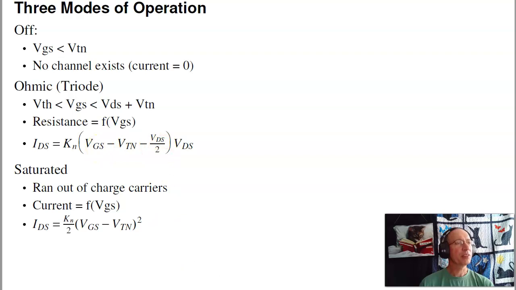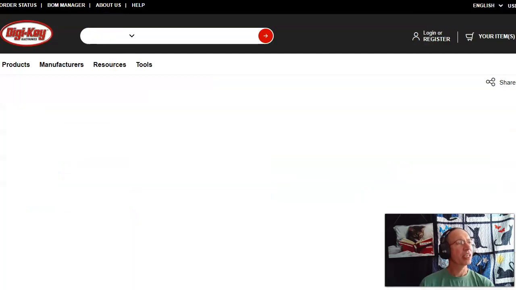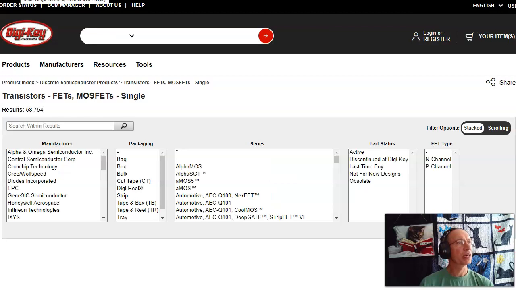Now, MOSFETs are rather important. They're what allow things like quadcopters and electric cars to work. If you go to DigiKey and search for MOSFETs, they have 91,000 in stock. If I limit it to N-channel MOSFETs,